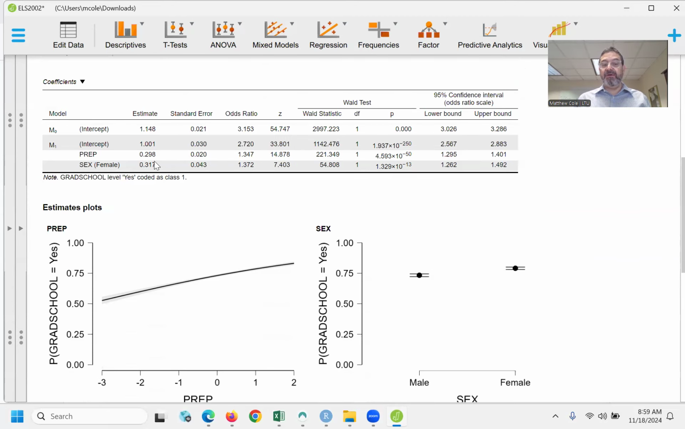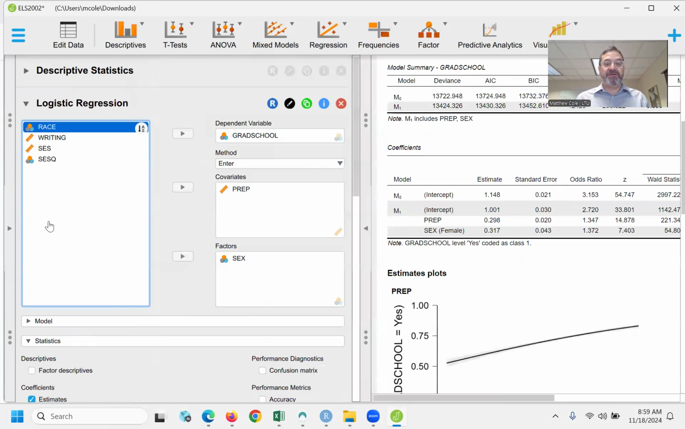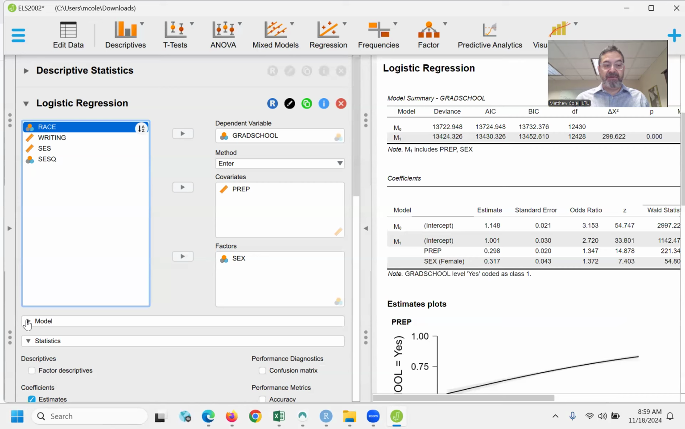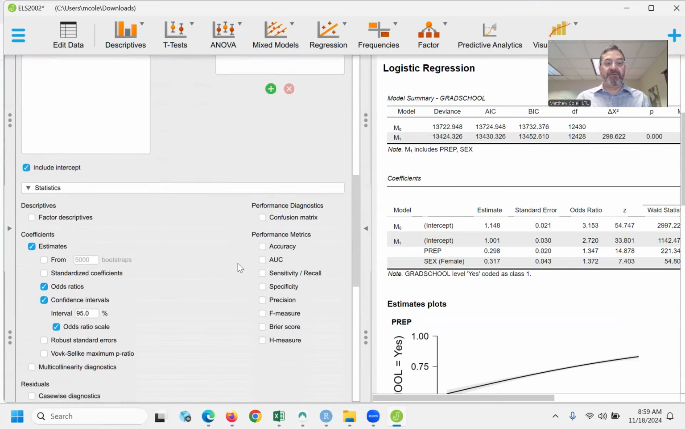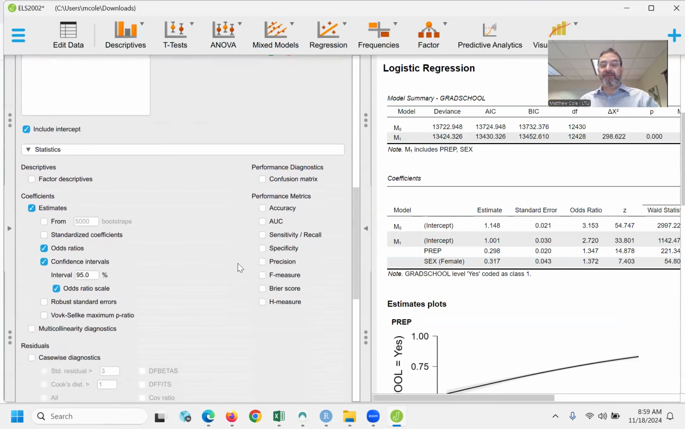But now we want to know, is this effect of prep on predicting grad school somehow different for males than it is for females? So we need that. That's where that interaction term is that we practiced in the linear regression examples. So you know how to do that. We've got to go down to our model and we have to add in the interaction term. Unlike linear regression, where we could ask for